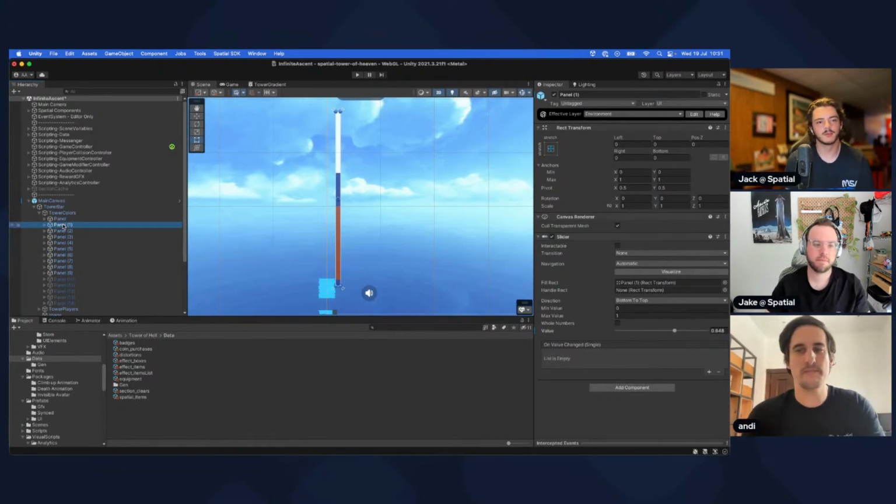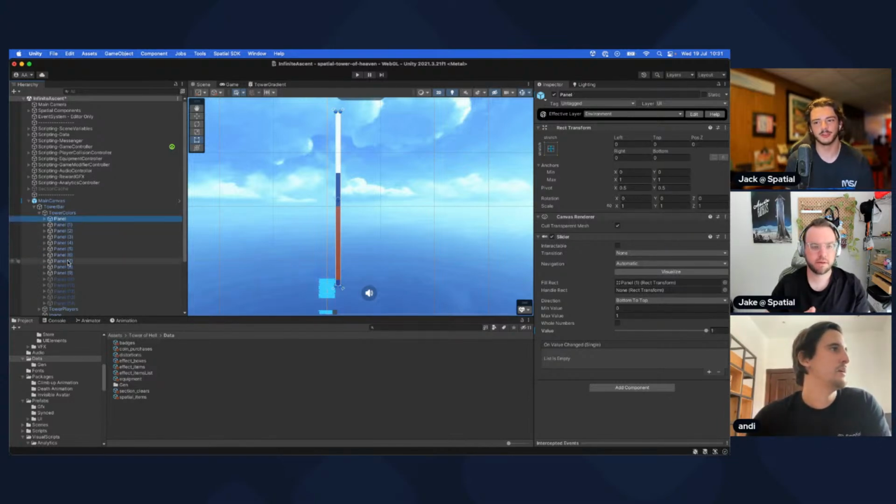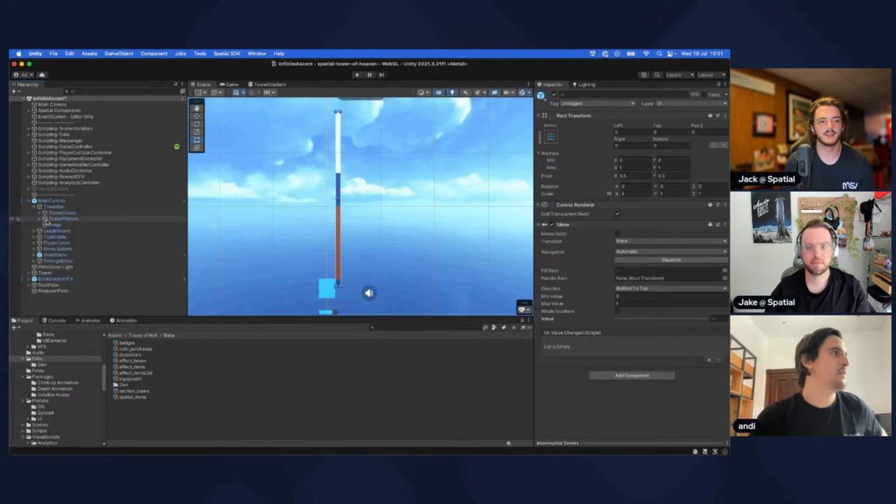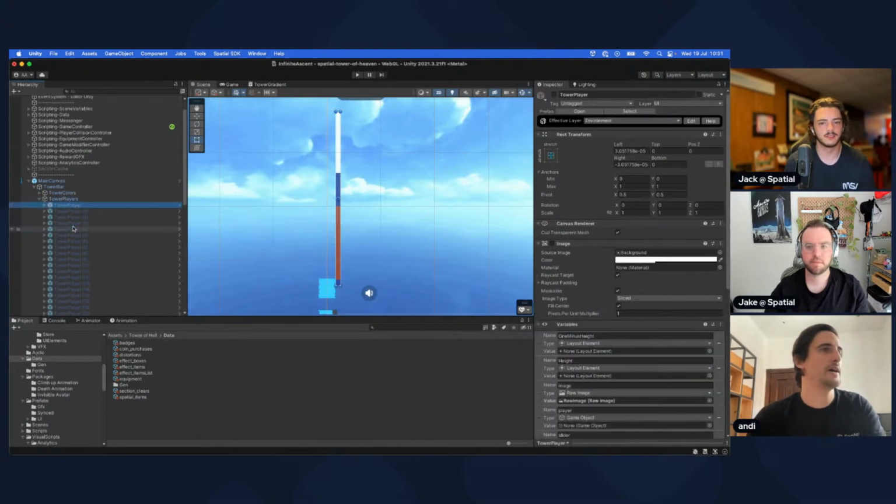That's really cool. So it's just a script tracking the height of the players, and it moves their little icon up. Well, this is the first part of the tower, which doesn't track the players, but rather tracks the sections that generate. Okay, yeah. And then for the players themselves, we have a script